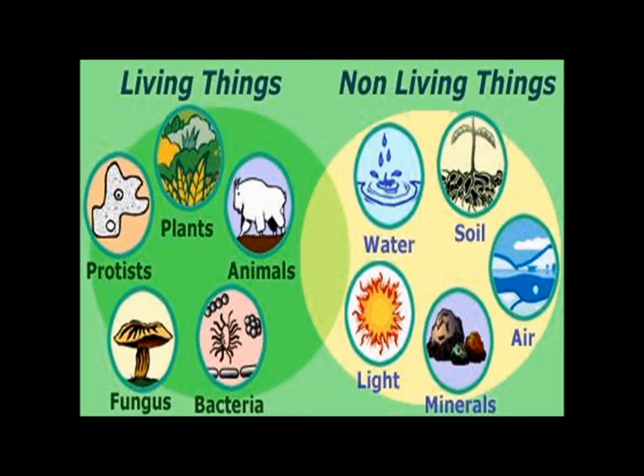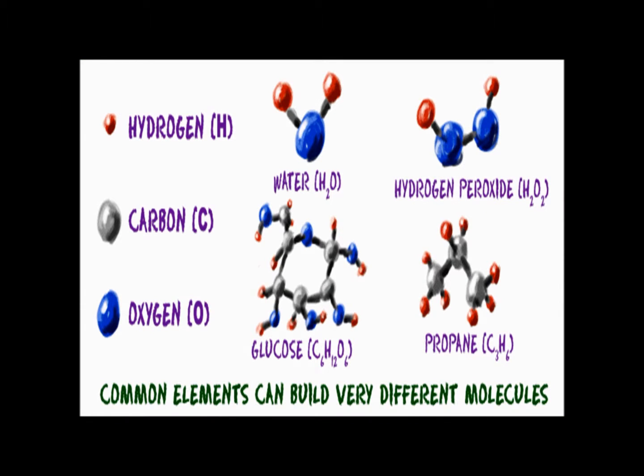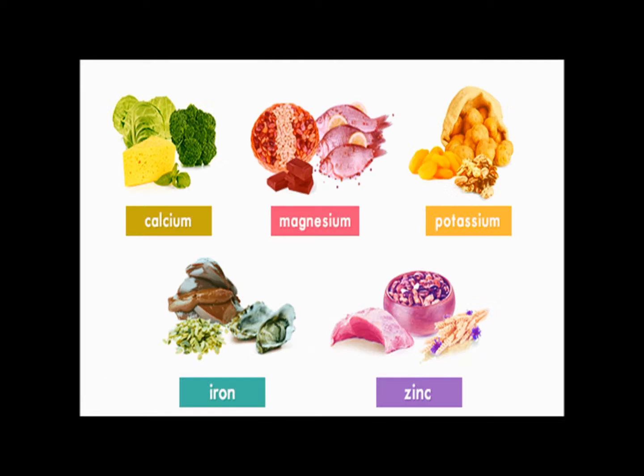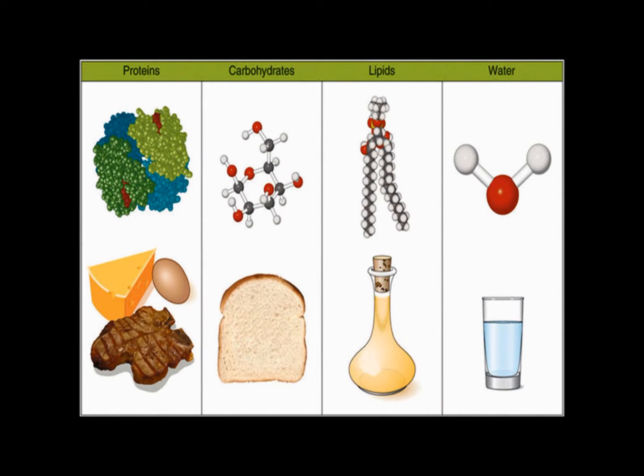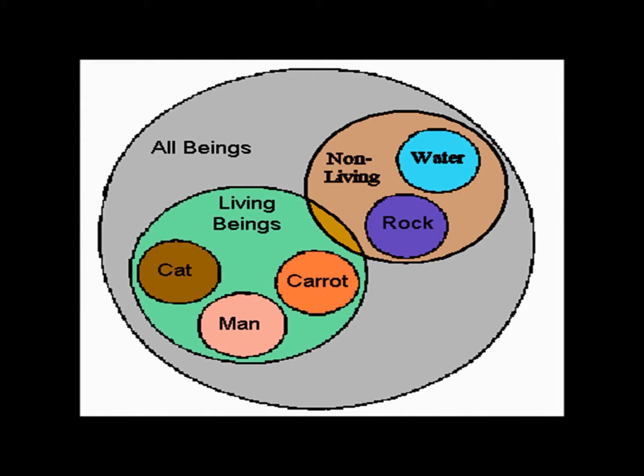If you analyze the chemical composition of living organisms, you will notice that they are made of chemicals which are also present in non-living objects. All living organisms are made up of atoms of carbon, hydrogen, oxygen and nitrogen. Other elements such as sodium, potassium, magnesium, calcium, iron and sulfur are present in small amounts in living organisms. These elements, whether present in living or non-living forms, obey the same rules of physics and chemistry. For example, an iron atom will be the same whether it is present in the human body or in an iron